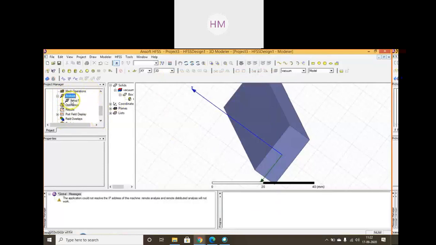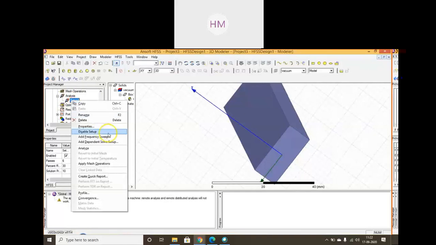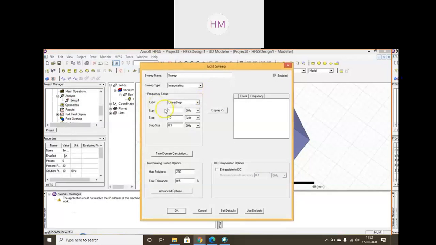After that, in analysis, go to setup 1. Right click in setup 1. Now add frequency sweep. This will tell you the starting point and ending point of the frequency response which we will plot.